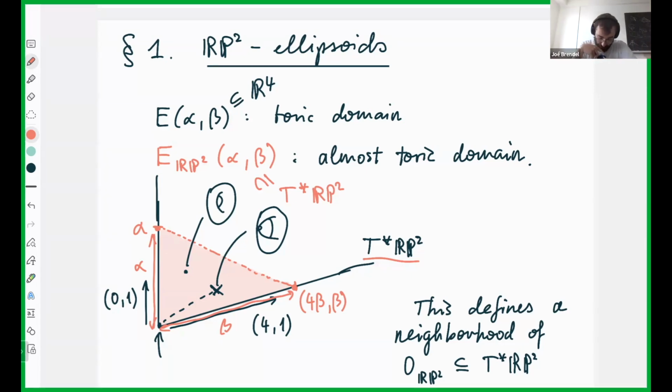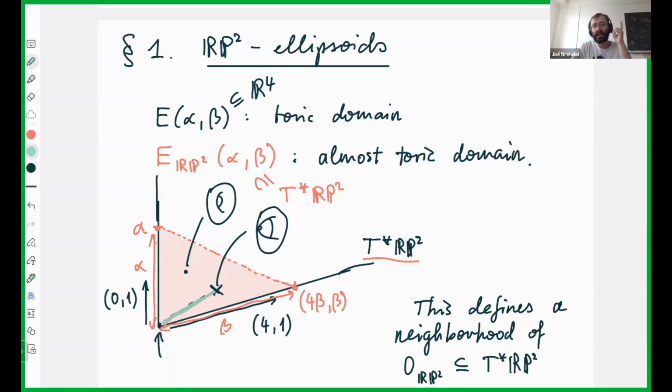And just to find some sort of neighborhood of the zero section in the cotangent bundle of RP2. Actually, the zero section, you can make it project to this segment here. If you look at its projection in the right integrable system, you'll see this segment there. So in particular, if you ask for embeddings of these things, of